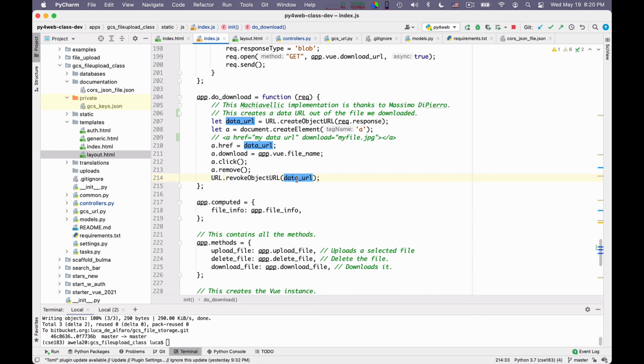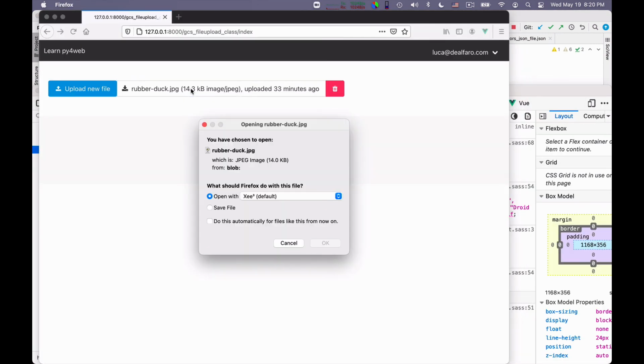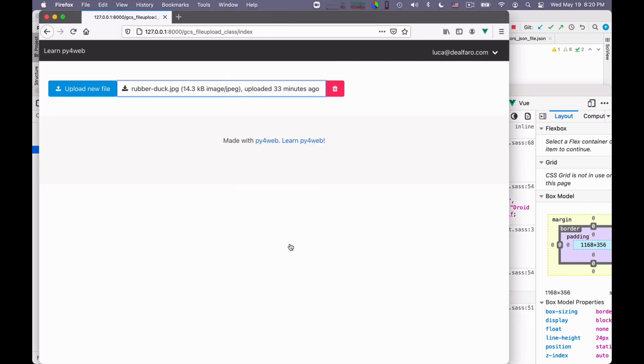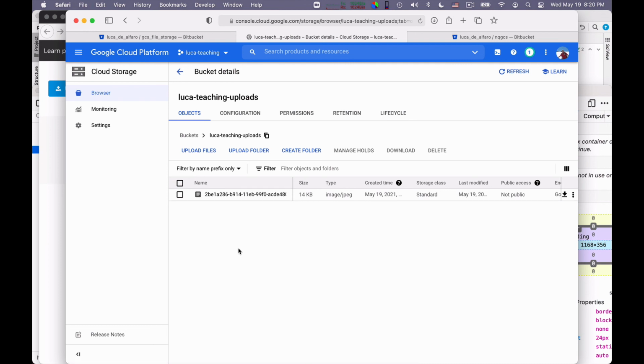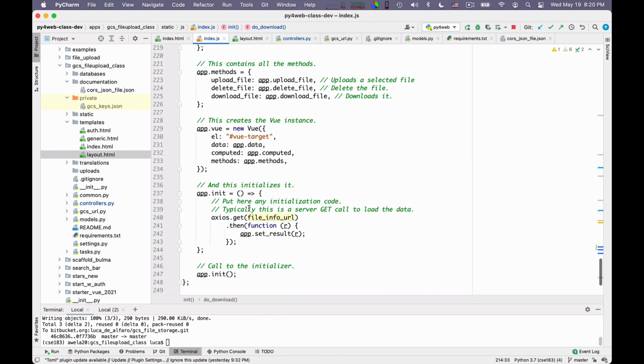But I also find it quite amazing that this does actually do exactly what you want. And so this is what implements this behavior that when I click here, it offers me to save these under rubberduck.jpg, which is very reasonable to the user, even though, again, the name in the cloud is a randomized name. So it seems a small step, but actually I think it was the hardest, at least, when I set up to develop these. But with these, the explanation is complete. There are no other secrets.